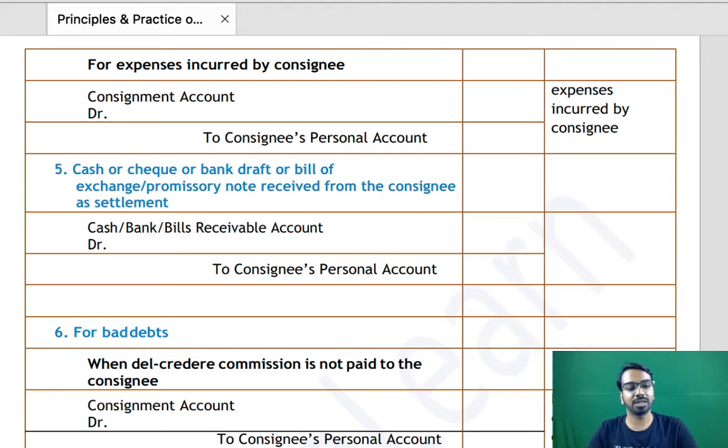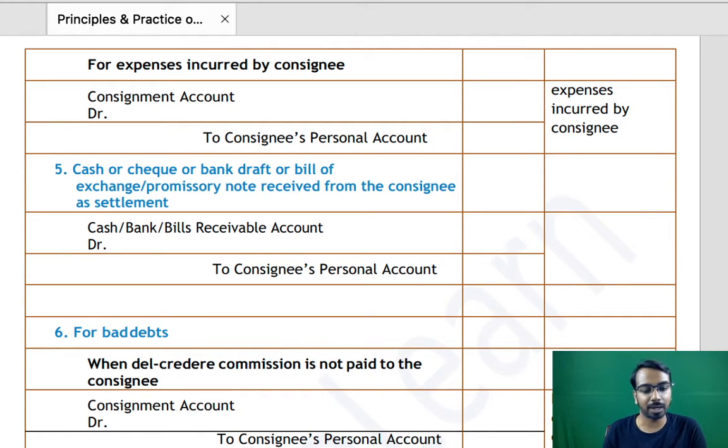Now, sometimes students have this doubt: how do we know whether there is a del credere commission involved or not? For this, you have to look at the question. If nothing is mentioned, you have to assume that the consignee is getting only the normal commission. But if del credere commission is specifically mentioned and paid, and then you have some bad debt, that will not be debited to the consignment account, because the loss on such bad debt will be borne by the consignee. Only when del credere commission is not paid, you will debit the consignment account and credit the